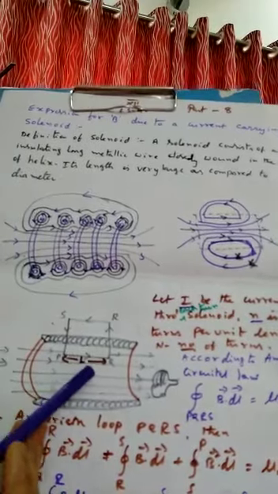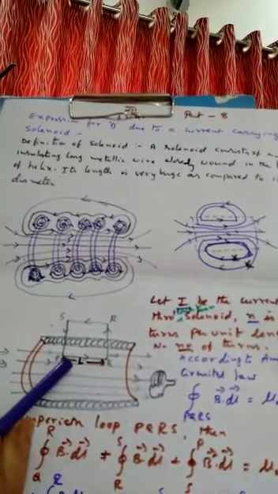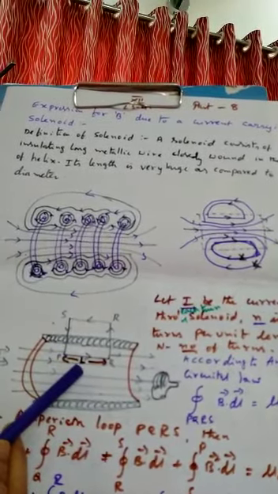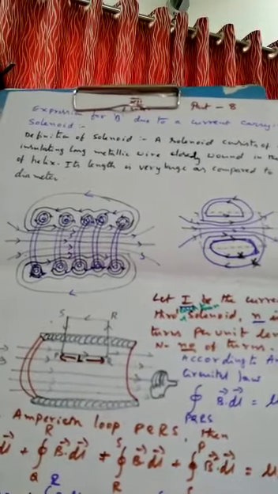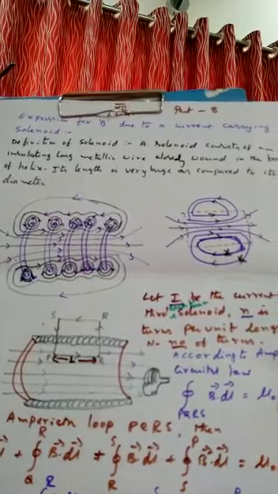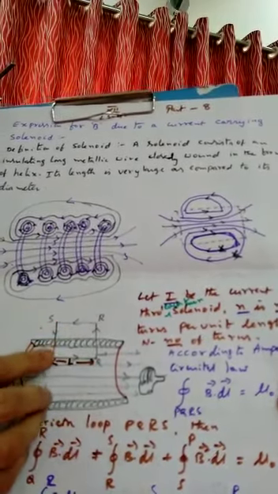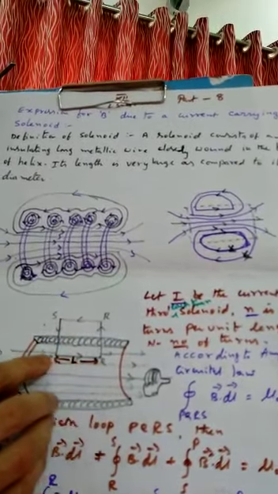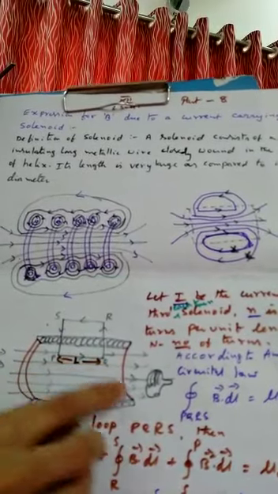Integral dl means this plus this plus this. What is the total length? L. Don't take 2 pi r. That is why I said don't get confused. For a circular coil I would take it, but here I have taken only this loop, only P to Q, which is L. So here it is B into L.